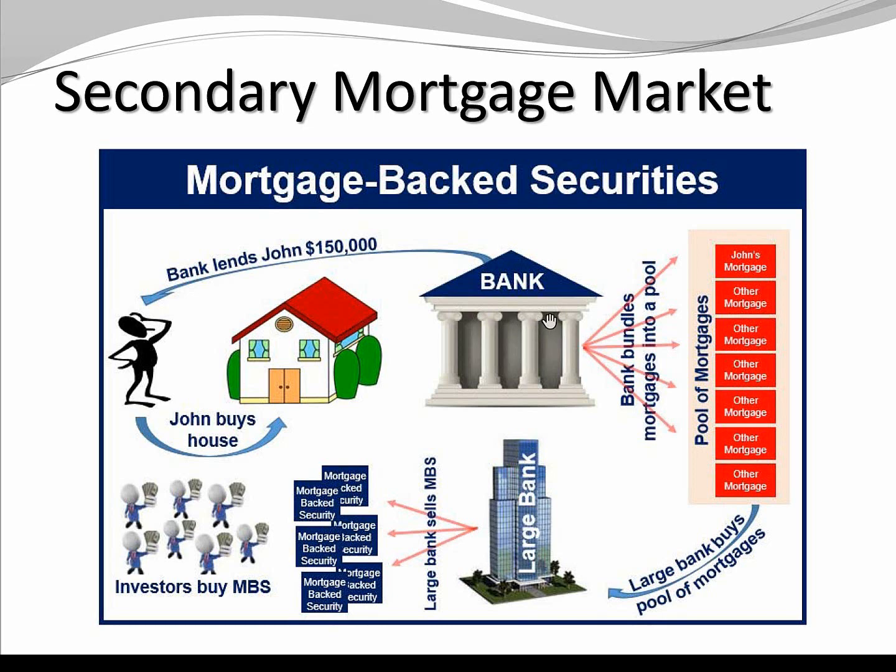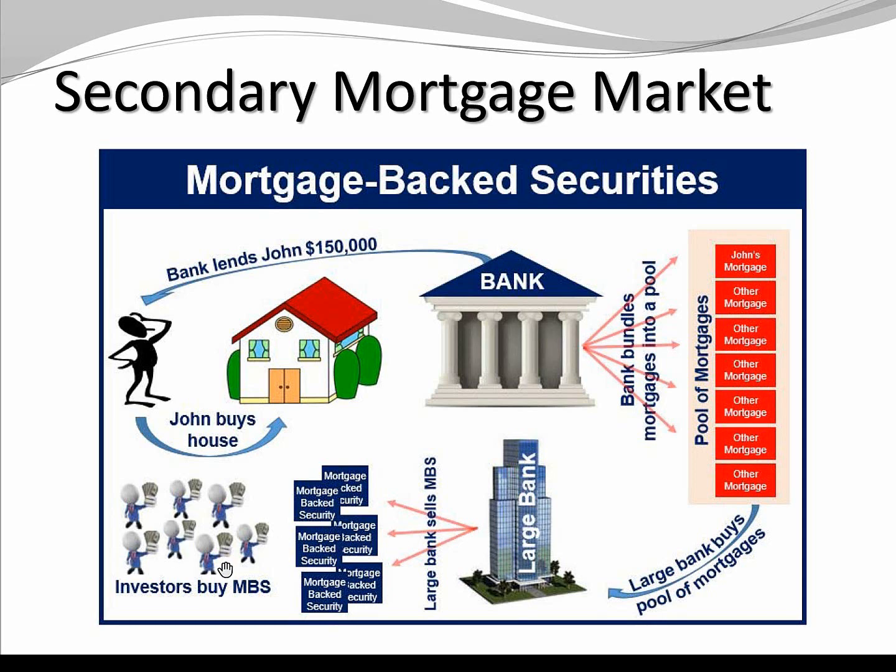And the banks have a large pool of borrowers similar to John. What the banks did is pull all the mortgages together and sell this bundle of mortgages to very large banks. Those large banks create an investment security called mortgage-backed securities, and